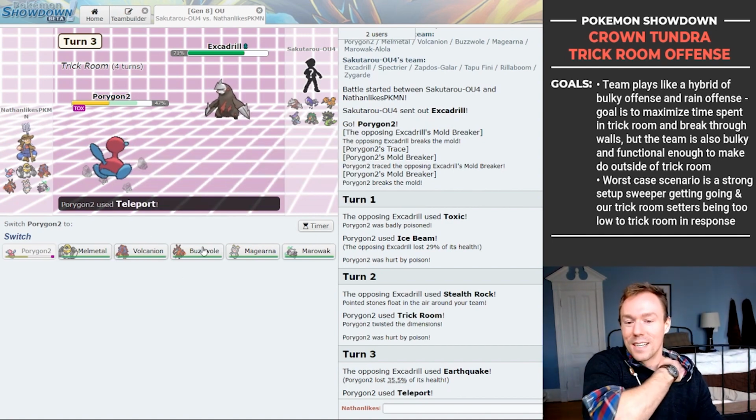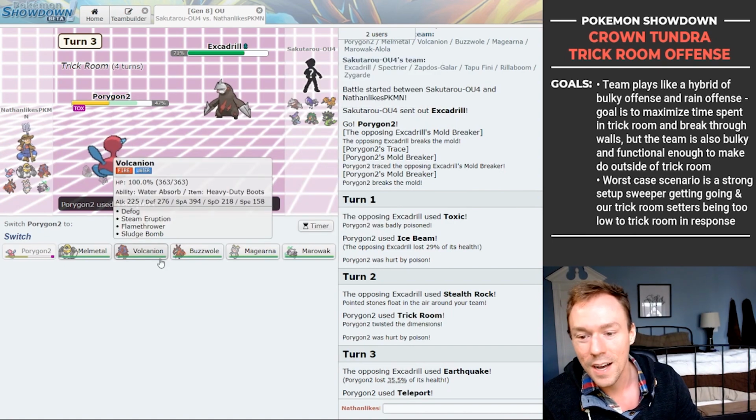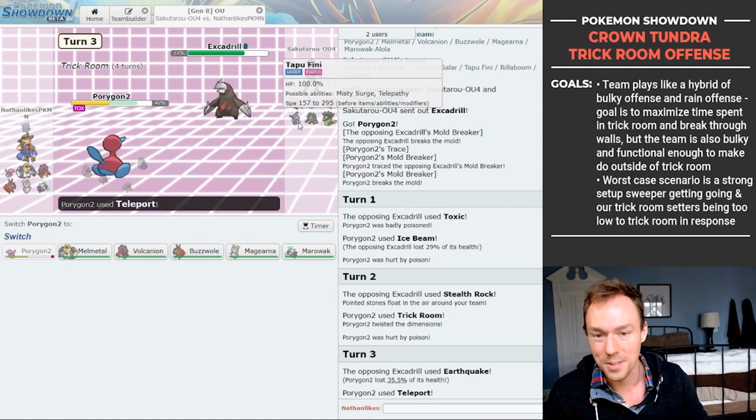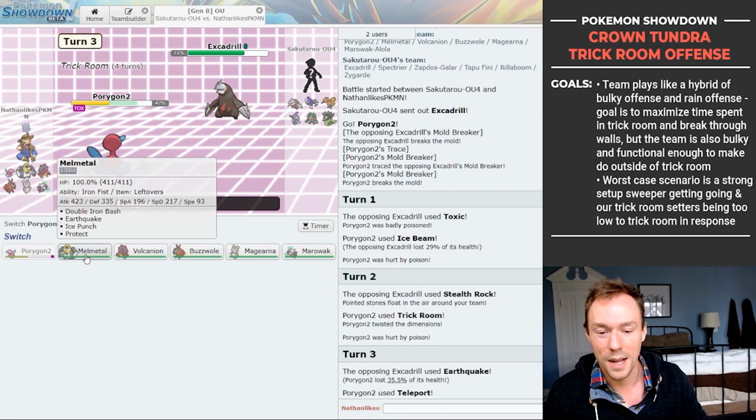Okay, so our options here. Buzzwole could beat the Excadrill, but that lets in Tapu Fini for free. Volcanion would be good here, but that also lets in Tapu Fini for free. Melmetal might be able to knock it out with a double Iron Bash. I'm gonna try